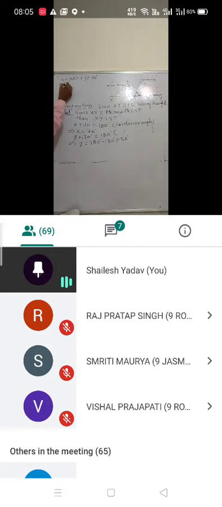So here 70 degrees plus angle QRS plus 50 degrees is equal to 180 degrees. Here it shows that angle QRS equals, 70 plus 50 is 120, and it will be transferred to the right side. So it will be 180 minus 120 degrees. Here it shows that angle QRS equals 60 degrees. So the value of angle QRS is 60 degrees.